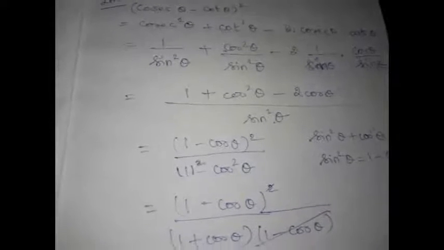So 1 minus cos theta, 1 minus cos theta will get cancelled. So 1 minus cos theta divided by 1 plus cos theta, which is our right hand side. Hence we proved. Alright, so this is repeated application of the identity. Based on what you want to prove, you have to simplify it accordingly. The thing which you need to prove is in terms of cos, so replace everything in terms of basic ratios, sine and cos, and try to apply your basic algebraic identity. You will get your answer. For that you should know all those three identities at your fingertips, so that wherever it's applicable you can apply it. Alright.